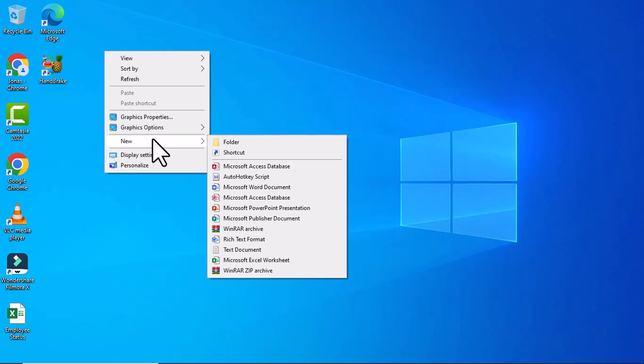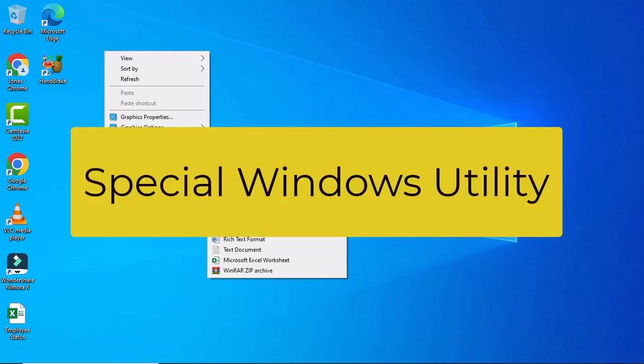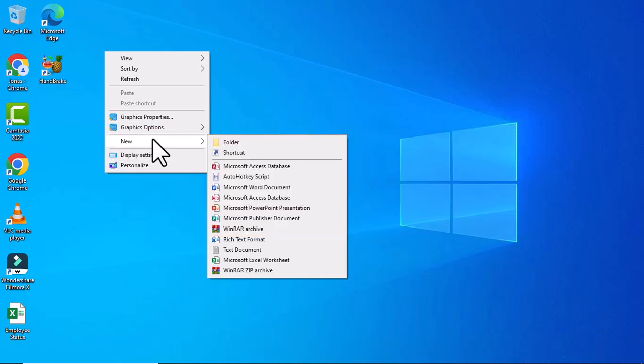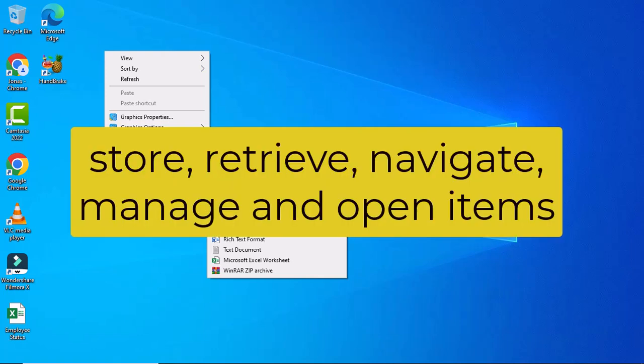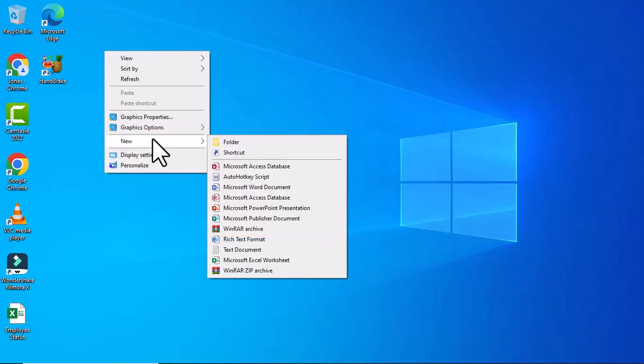There is a particular utility on our Windows operating system that serves as a file management tool which equips computer users to store, retrieve, navigate, manage, and also open their created folders and files. Now, this particular utility we are going to look at in this video is a powerful tool in our Windows operating system. It appears in most of our installed software, especially when it comes to saving of files and